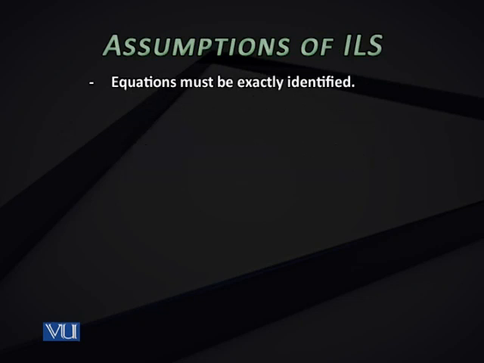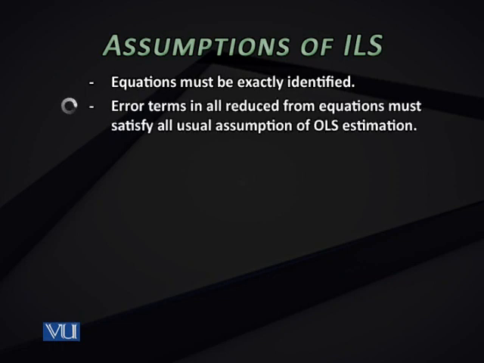तो ILS के लिए कुछ अजम्पशंस बहुत ज़रूरी हैं। जब आप ILS अप्लाई करें उसके लिए चंद बातें इंतहाई ज़रूरी हैं जो आप स्क्रीन पे देख रहे हैं। 1, इक्वेशंस को एग्जैक्टली आइडेंटिफाइड होना चाहिए, जो आप जानते हैं। दूसरा, एरर टर्म्स इन ऑल रिड्यूस्ड फॉर्म इक्वेशंस मस्ट सेटिस्फाई ऑल यूजुअल अजम्पशंस ऑफ OLS। उसकी वजह यह है कि आप OLS अप्लाई कर रहे हैं रिड्यूस्ड फॉर्म इक्वेशंस पे, तो जैसे एक आम इक्वेशन पे आप OLS अप्लाई करें तो उसके एरर को नॉर्मली डिस्ट्रीब्यूटेड होना चाहिए, जीरो मीन और कांस्टेंट वेरिएंस के साथ, और कुछ भी आपने अजम्पशंस पढ़ी थी, ब्लू, बेस्ट, लीनियर, अनबाइस्ड वगैरह, ये पूरी जो शर्तें हैं OLS की वो पूरी होनी चाहिए रिड्यूस्ड फॉर्म इक्वेशंस पर भी, अगर आप OLS अप्लाई करते हैं।